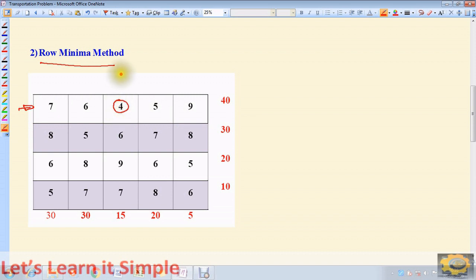Now you have to look for the corresponding values in the column as well as in the row. First take the first row, look for the least value, that is the minimum in the row. Then you have to verify the demand and supply, that is the corresponding values in the column as well as in the row. If you verify that, 15 is the least one, so that can be entirely allocated here. Which means this column, column 3, will vanish, and in the first row after allocating 15 we are left with 25.